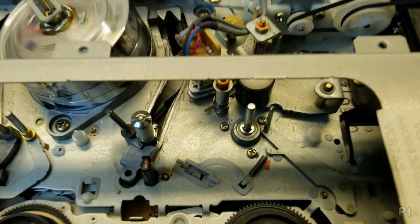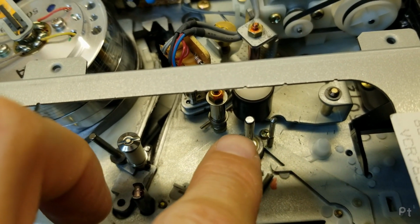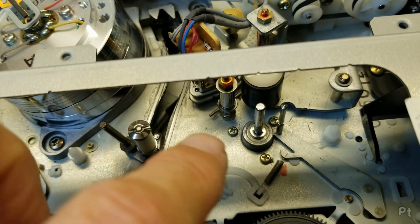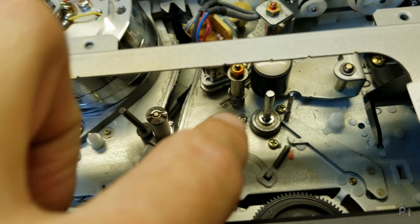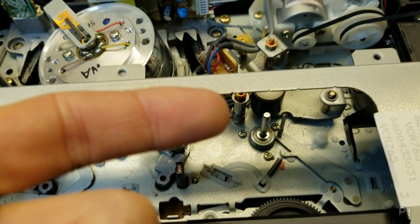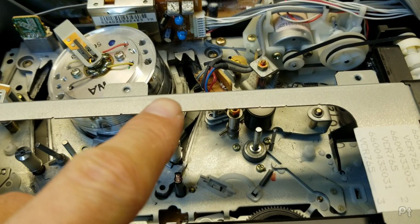And all I really did was I took a bit of oil on the back side before pushing this in, then just a tiny bit, like just take a little pocket screwdriver and a little bit of oil and just let it go inside this, because it looks like there's a bearing on top and there's a bearing on the bottom. So you just get a little bit of oil in both of those, and the oil from the bearing on the bottom, there's a little flat bit on the